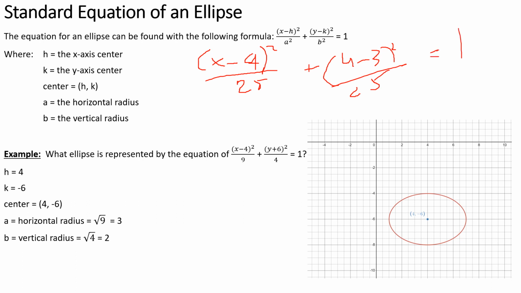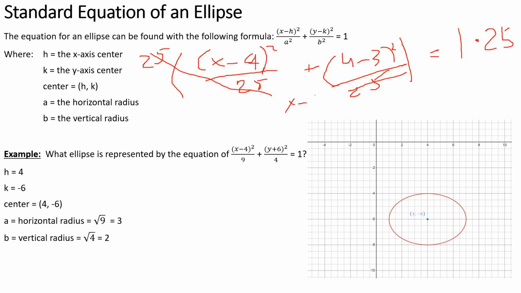Well, if I multiply both sides by 25, I don't like that fraction 25. And remember, algebra means balance, so if I do it to one side, I do it to the other. Well, what happens here, this 25 cancels that one out and that one out, and I'm left with